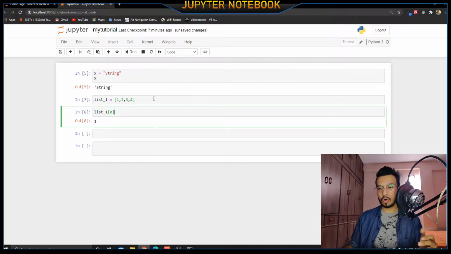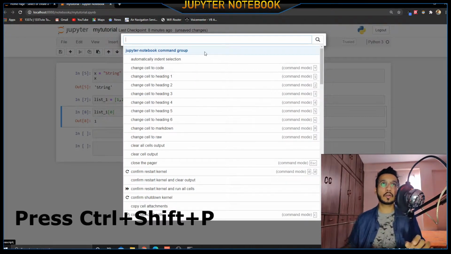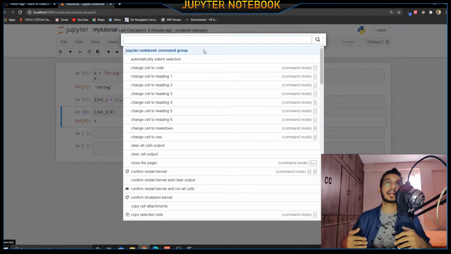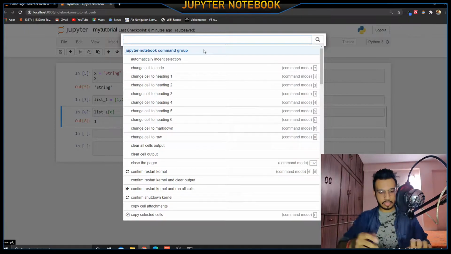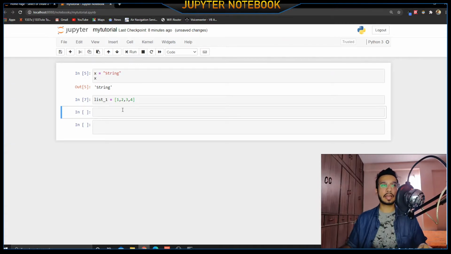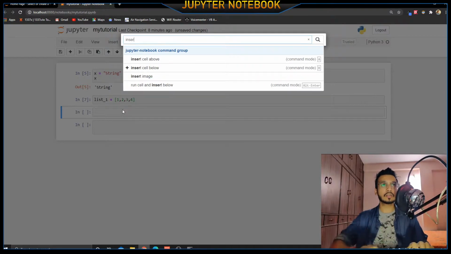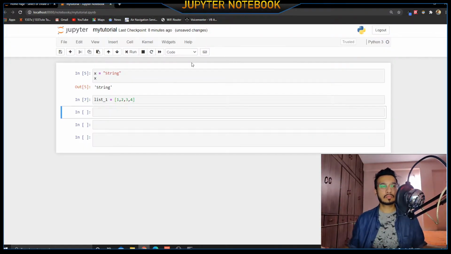For example, I just want to restart the interpreter. So all I have to do is press Ctrl Shift and P, and then you will open up the command palette. The command palette has all the functions. All you have to do is just type over it. For example, I want to just delete the current cell. So for me to delete the cell, I have to just press this and it is going to delete that cell. So you can do anything. I want to insert a cell above it. There you go. So this is something you can use as an assistant for yourself. If you are not very familiar with the commands, you can use that too.